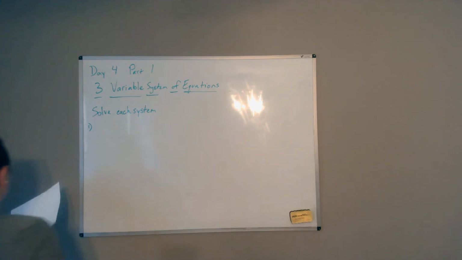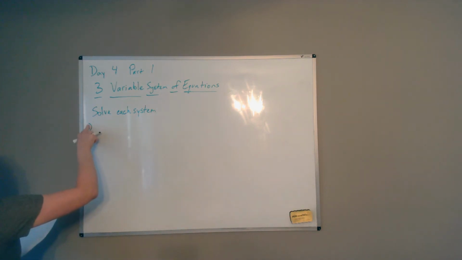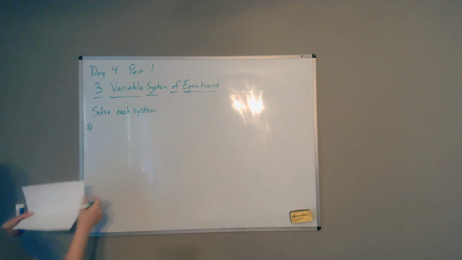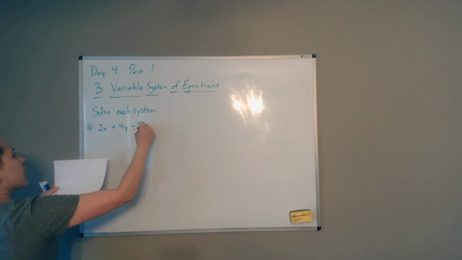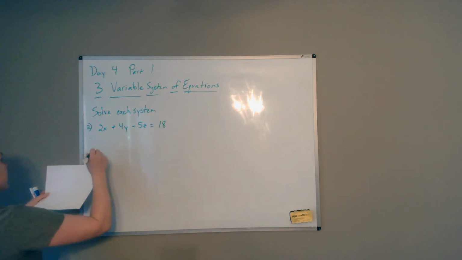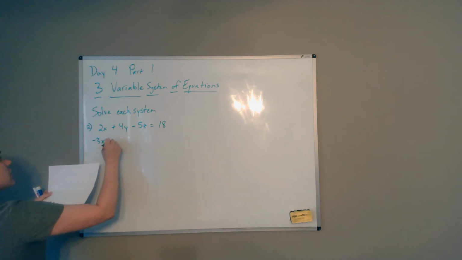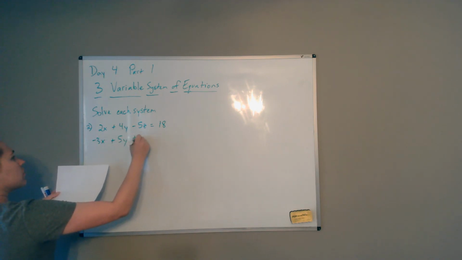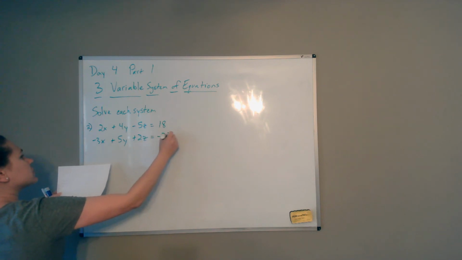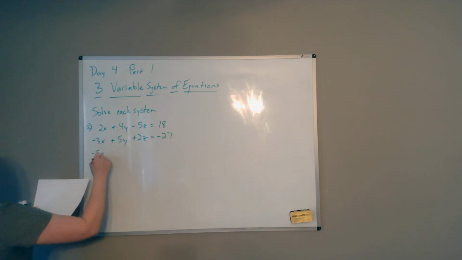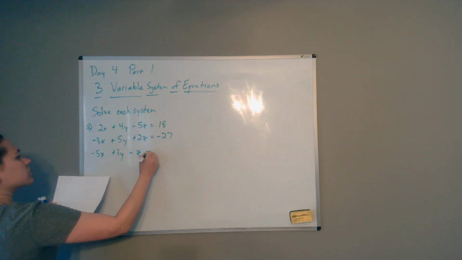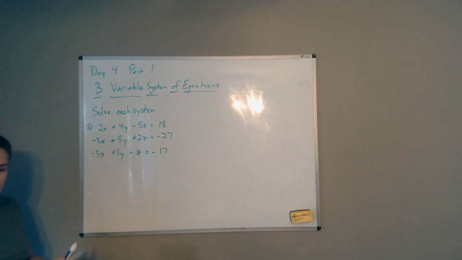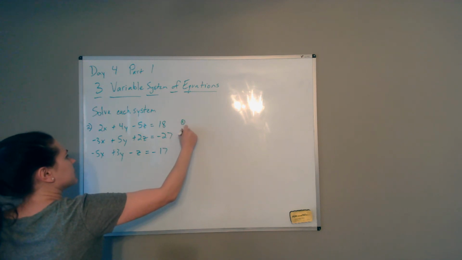So, problem number 2. We have 2x plus 4y minus 5z equals 18. Negative 3x plus 5y plus 2z equals negative 27. And negative 5x plus 3y minus z equals negative 17. So here's our system. And so now what we can try and practice with this system here is looking at